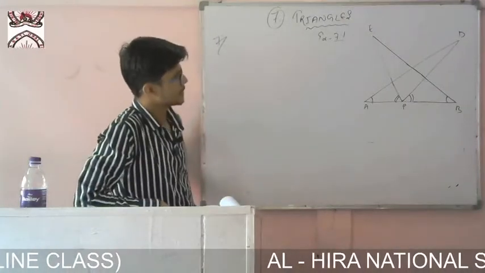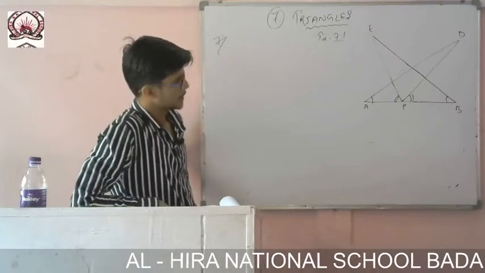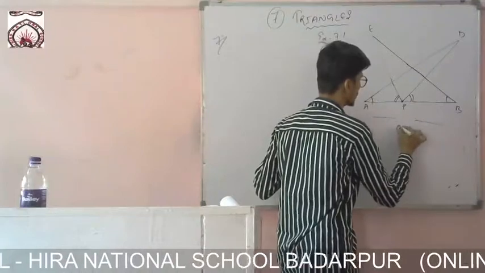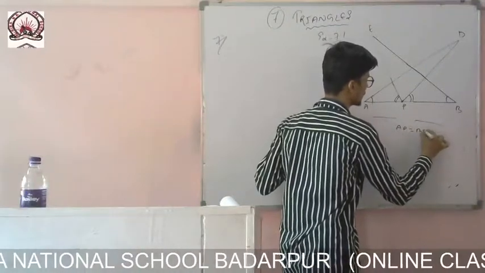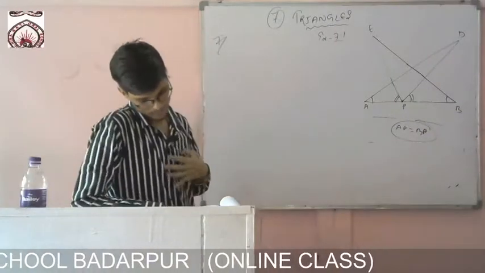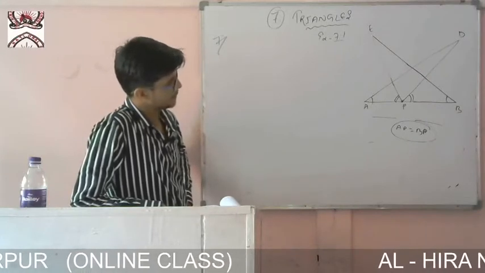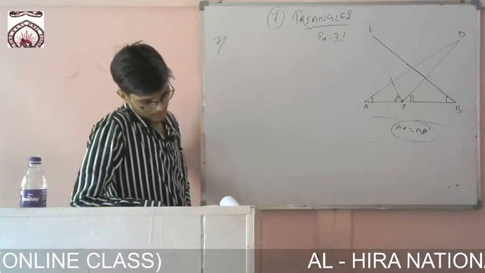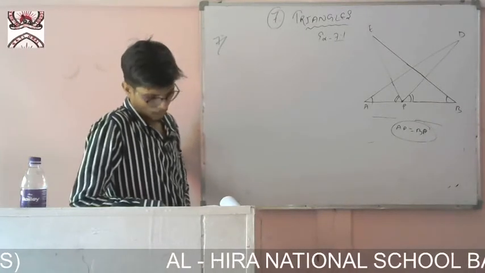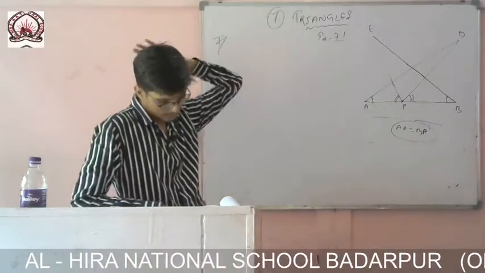In the question it is given that AB is a line segment and P is its midpoint. So P is the midpoint of this line segment. That means these two parts are equal. That means AP is equal to BP. Okay. It is given. And D and E are points on the same side of AB such that angle BAD is equal to angle ABE. Okay. So these are the things given, and angle EPA is given. So which two have I marked? These two angles are given equal.